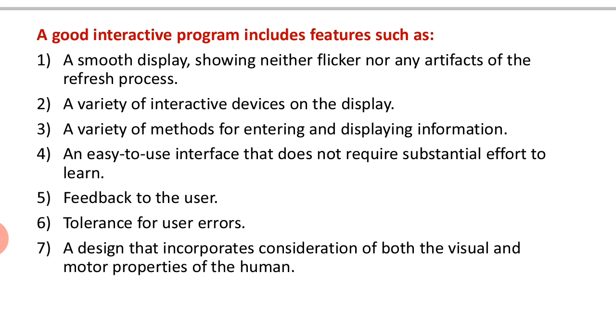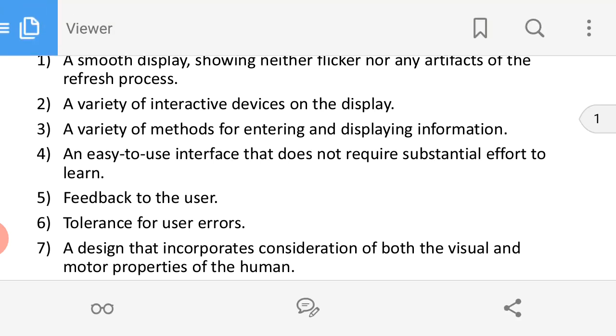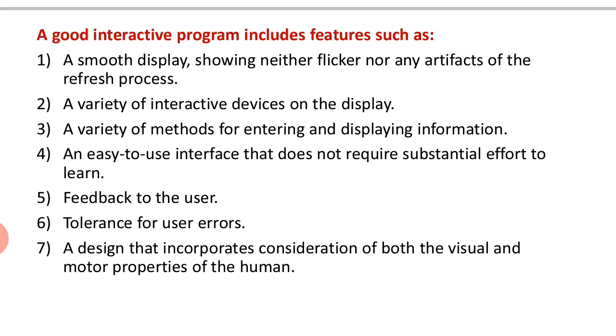It should move smoothly, as if in real time the cycle is moving on the road. I should not feel that in one position the cycle is displayed and suddenly it jumps to another position. If, in between those two positions, I am not able to see how the cycle has actually moved, then it is not a smooth display. That should not happen.